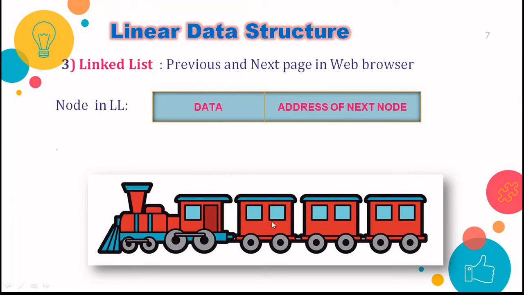Similarly, this particular bogie's apartment is connected to this apartment, right? And similarly this is connected to this. So if I talk about the first apartment, it is connected to the next one, which is connected to the next one, right? This one is connected to the next one, and the last apartment is not connected to anything. That is why it does not have any dependency on any other node. So this was a real life example where you can relate it with the linked list if you have any idea about linked list. Otherwise we will be doing linked list in detail, then you will understand how linked list works.